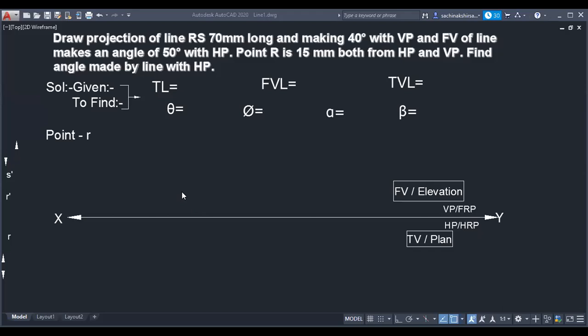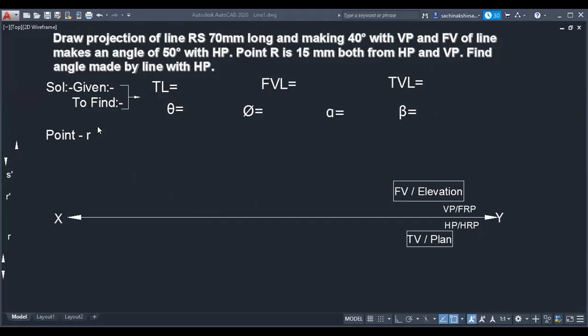We have discussed how many parameters are there to draw any line. Seven parameters. Out of that, if we know minimum three parameters, then we can complete the projection. Out of that, two should be dependent, and we can solve easily. Even if there are three independent parameters, we can solve the problem, but it is some other type. That problem we are going to see later. It is called an assumption problem.